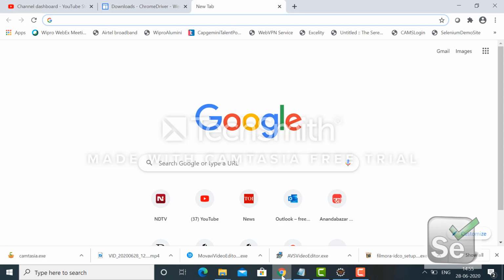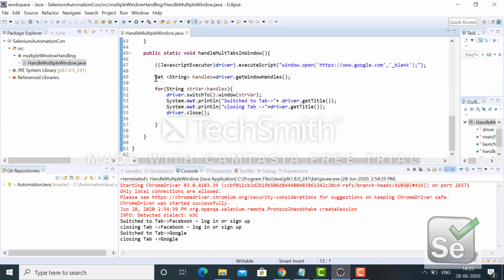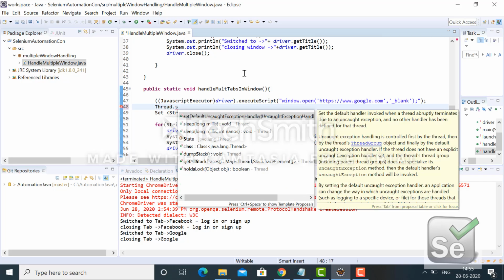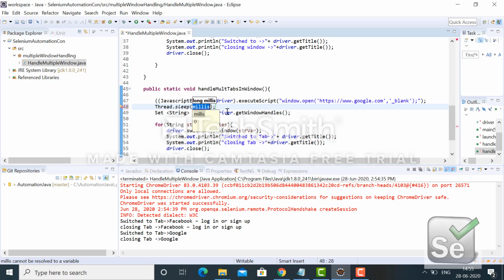Just a minute, let me put some wait over here so that it will be clearly visible. Let's say I'm putting some wait, 2000 or 3000.